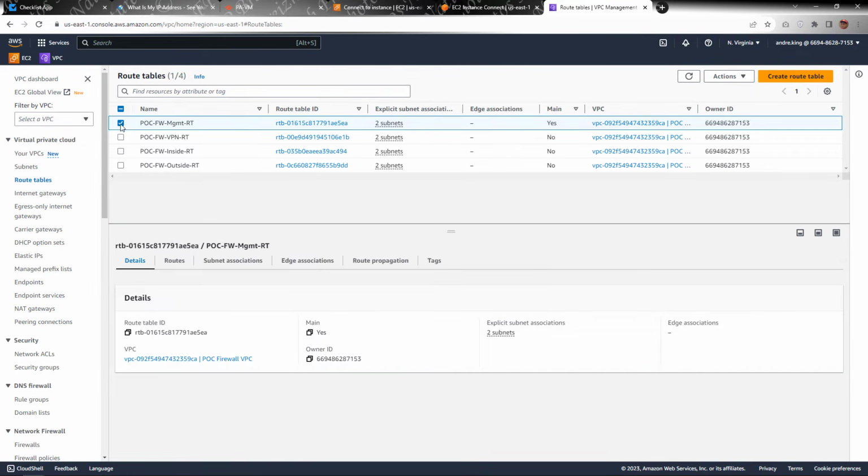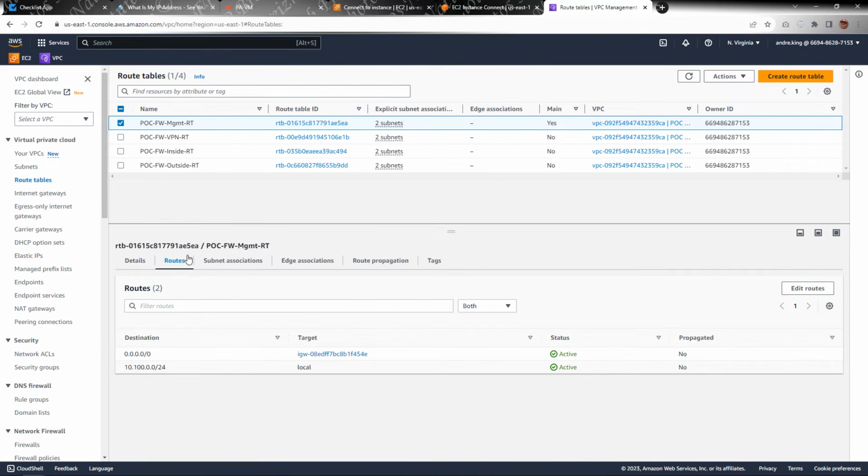This is the route table that is associated with the firewall's management interface, ETH0. This is pointing to the internet gateway, and because it has a public interface, it is actually allowing us to communicate